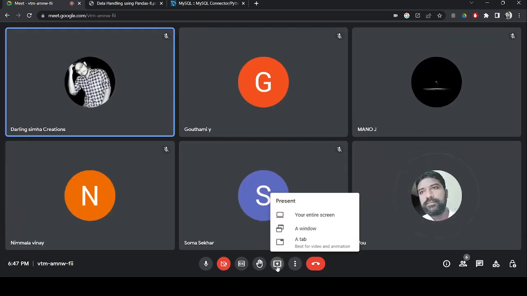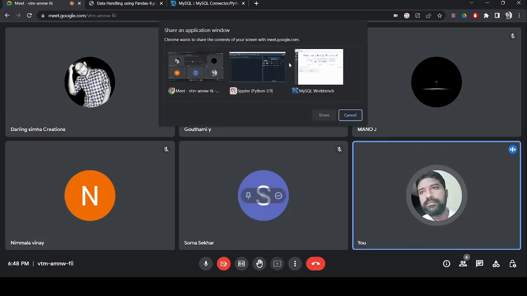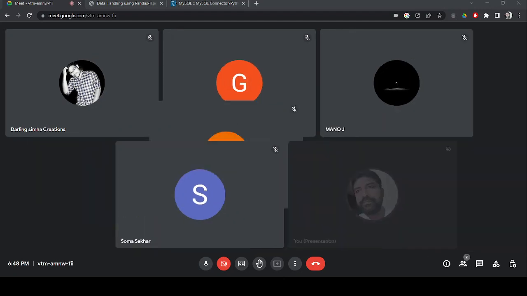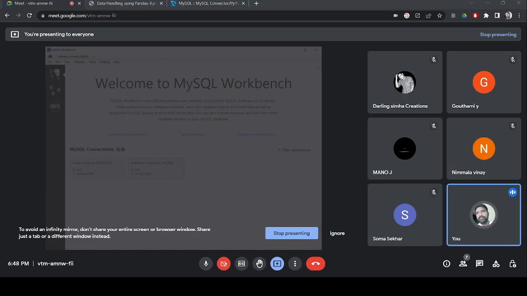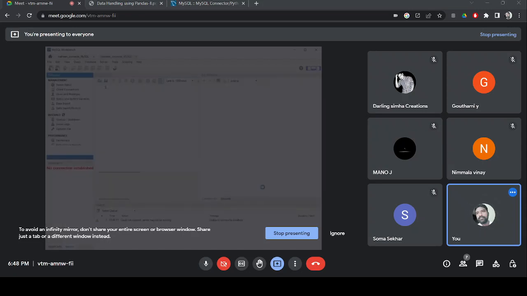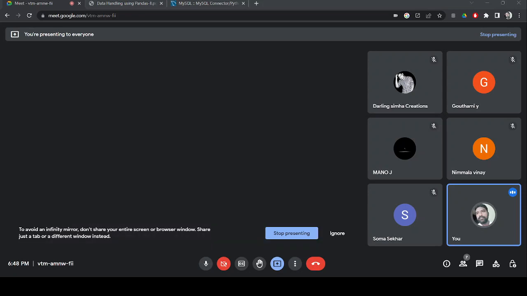Now I want to start Workbench. Workbench is already running. Now I'm establishing the connection. The connection is also readily available for me. For today's purpose, I want to create some database. Instead of creating a database inside Python, let me do some basic activities in the Workbench. For example, create